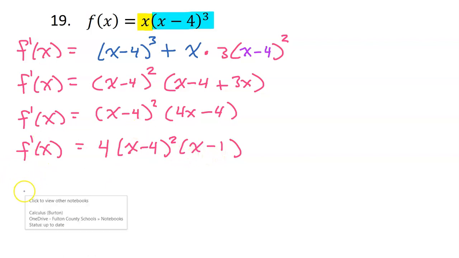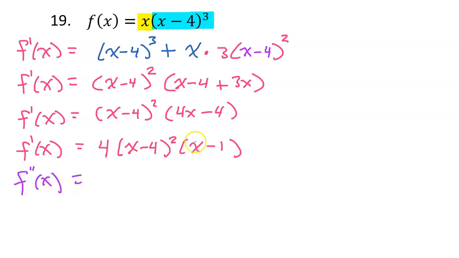It's time to go ahead and find the second derivative, f double prime. So I'm going to take the derivative of this. Let's use the product rule. I will look at f prime as this yellow function times this blue function. So, product rule. I'm going to take the derivative of this first part, the yellow part, and leave the blue part unchanged. So I'm going to do the chain rule on the yellow part. Taking the derivative of the outer function, it'll be 2 times 4, so that'll be 8. So I have 8